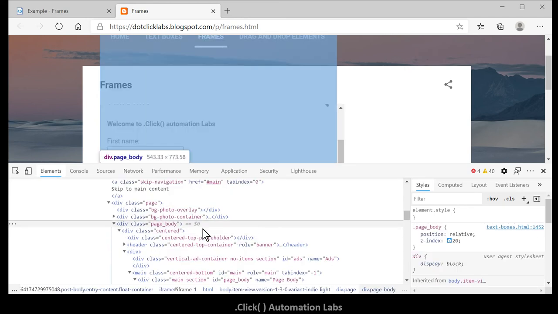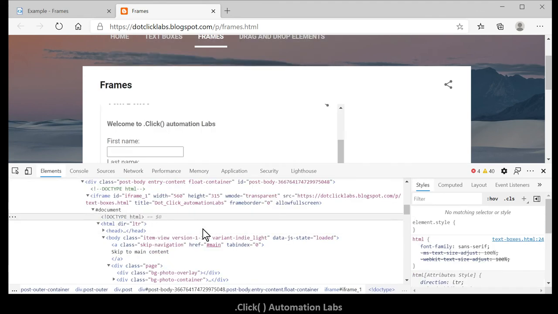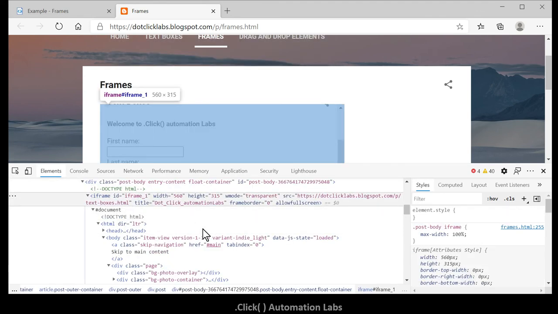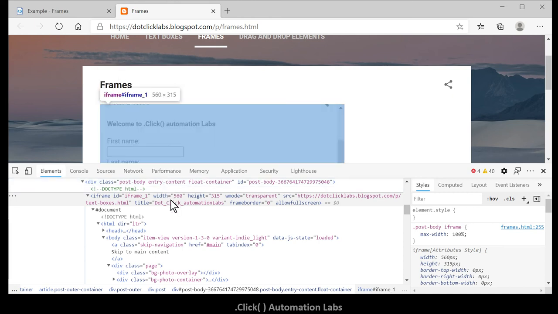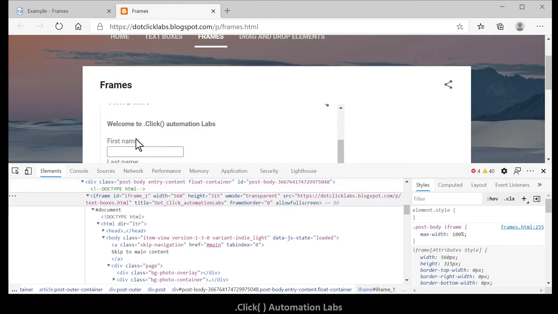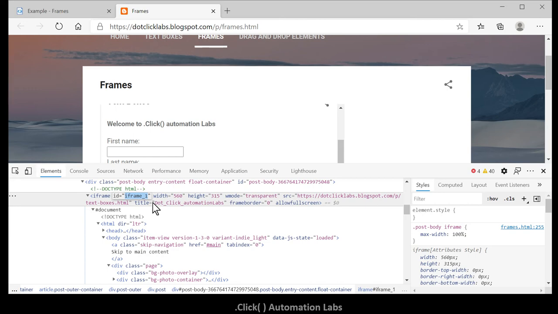Move to a higher level. Not this body. Not this. You see, this is a frame, and when you select this frame, the area behind it is highlighted. This is the completed form, and you see iframe 1 is coming over here. Look at this. So it means this whole window is residing under this iframe, and the ID is this one. Okay, so copy this.